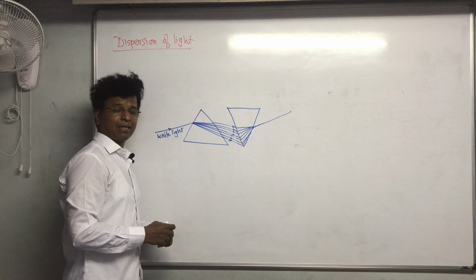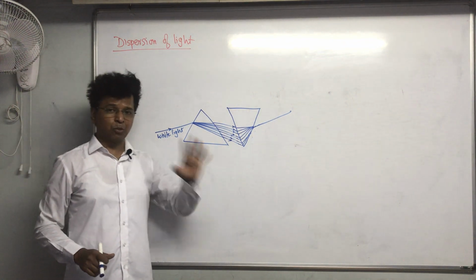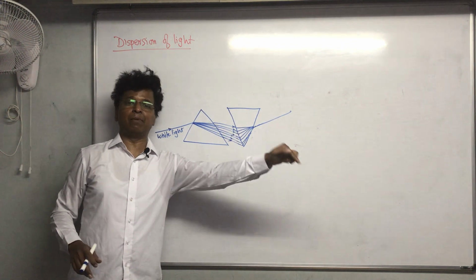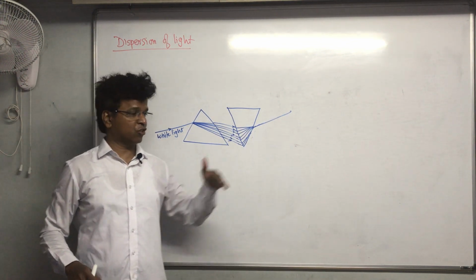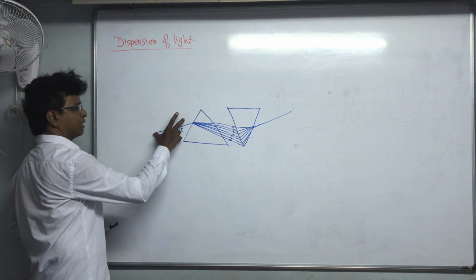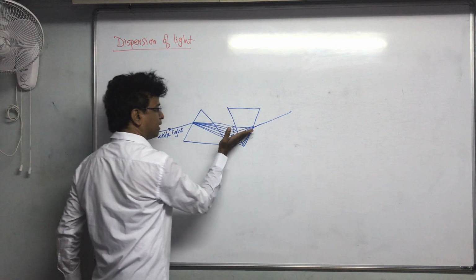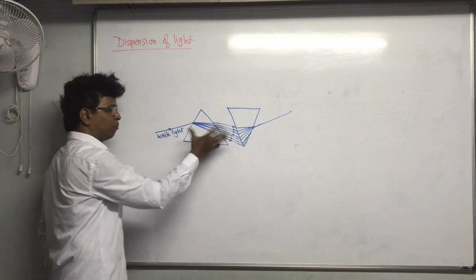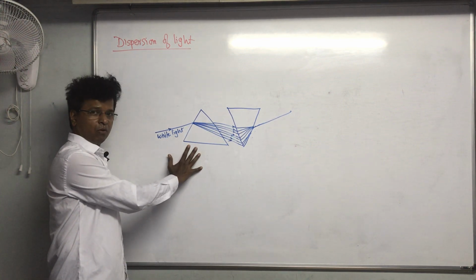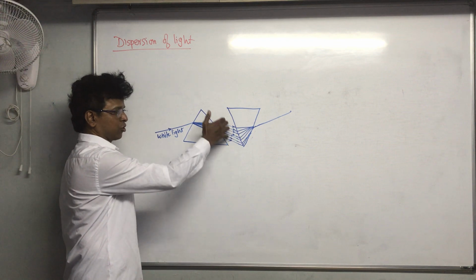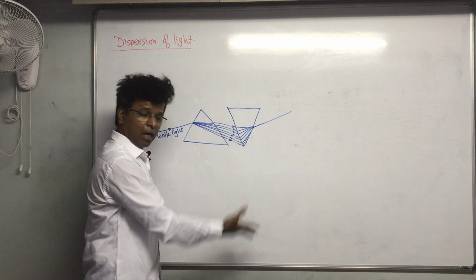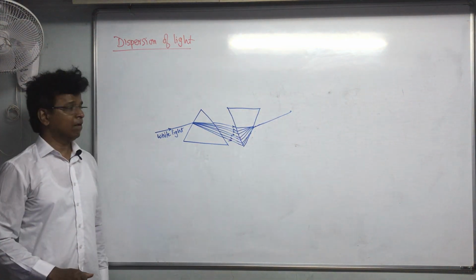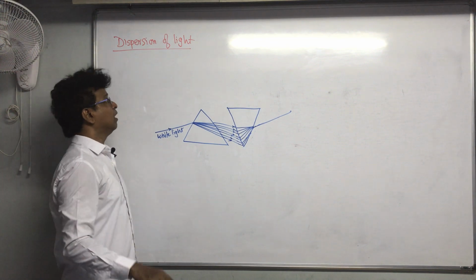That is why in the rectangular glass slab we don't get any dispersion of light. We only see that the incident ray of light and the emergent ray of light are parallel to each other, only that there is a shift. Similarly, if you see over here, there is a shift, but the incident light and the emergent ray both will be parallel to each other. So this happens when the first prism gives a rainbow, these constituent colors fall on the other prism, which is inverted, then a white light comes out of it. Fine. This will complete the topic of the prism.